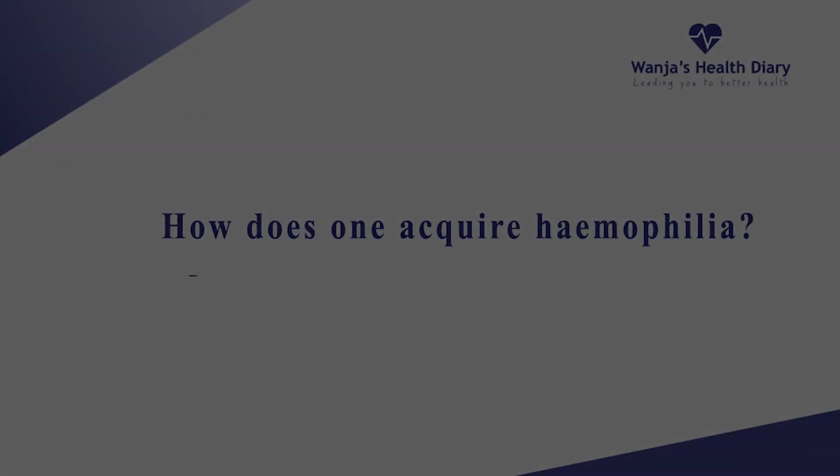Our ability to clot or form a clot is heavily pegged on the X chromosome. So a man has an X and a Y chromosome, while a female has two X's. So if you got an abnormal X that is unable to produce the clotting factors, then you are likely to develop hemophilia. So hemophilia basically is commonly a congenital bleeding disorder, but you can also acquire it.